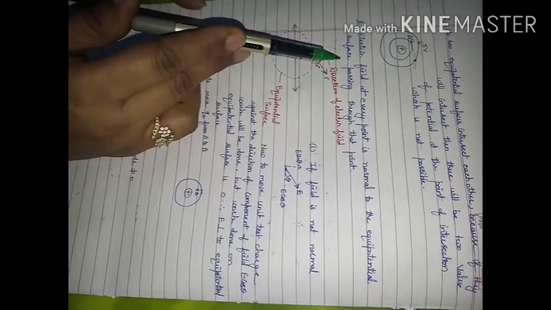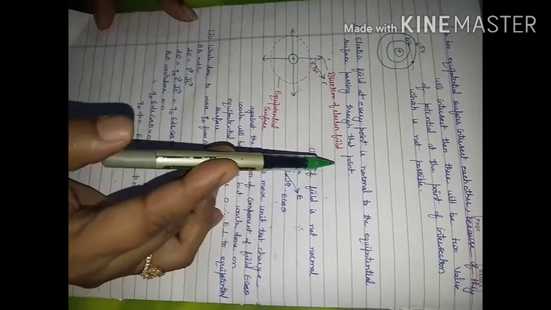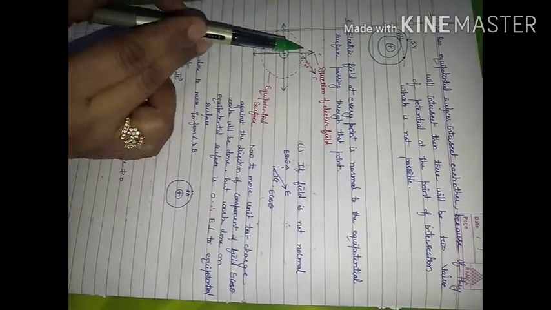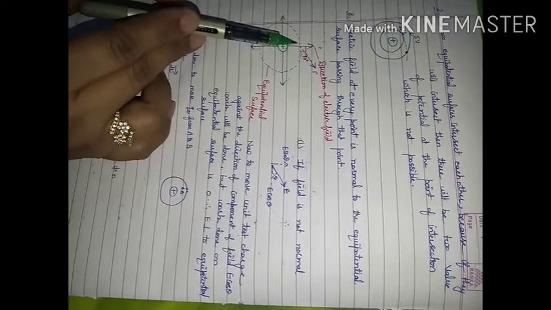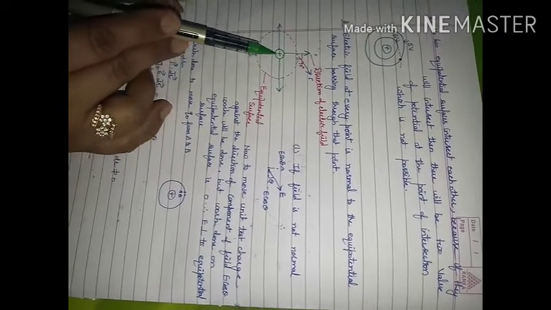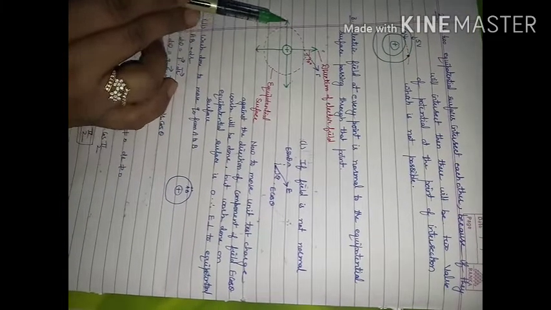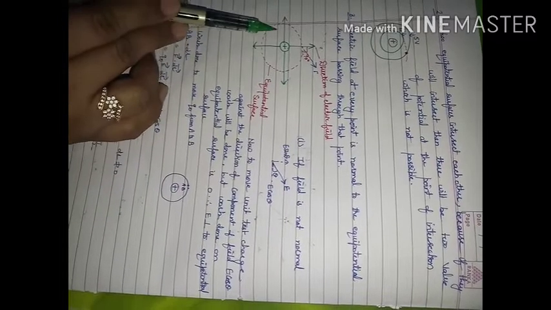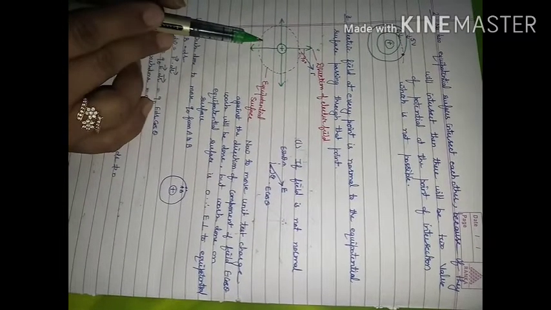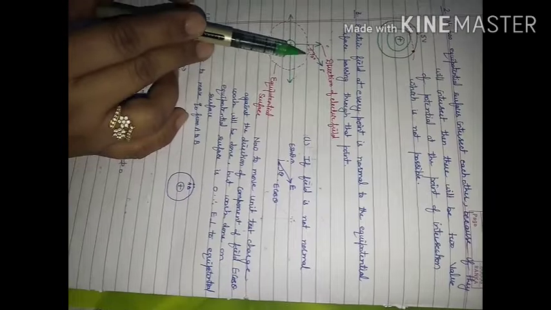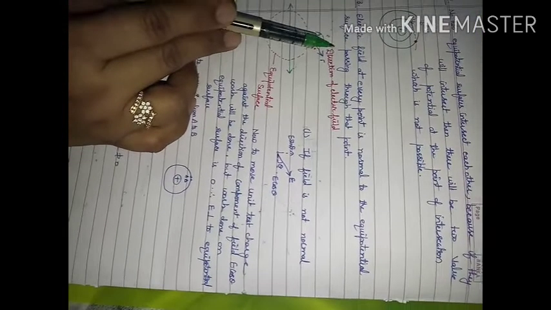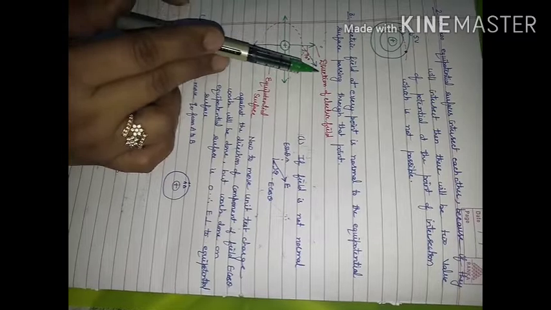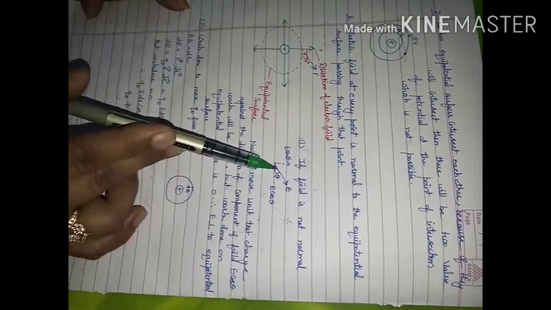Third property: the electric field at every point is going to be normal to the equipotential surface passing through it. For a point charge, these arrows or lines represent the direction of field lines, and this spherical shape is the equipotential surface. If I consider the electric field is not perpendicular to the surface, let me consider it is like this and making an angle theta. So this will be the case.